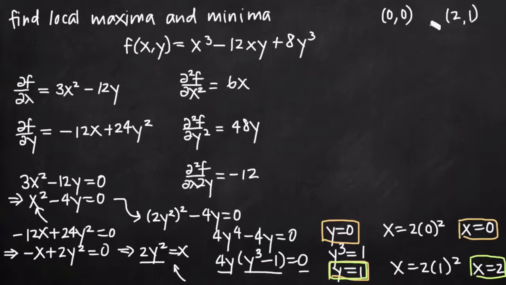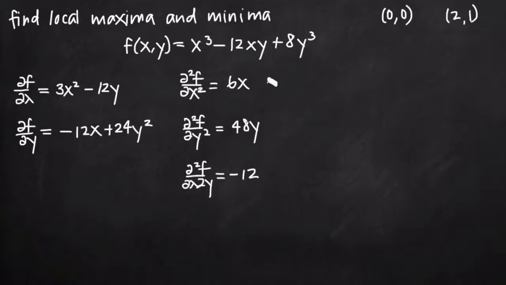In order to use the second derivative test to evaluate these critical points to see whether or not either of them is a local max or a local min, I need to plug these points into my second order partial derivatives. So here's what that looks like. When I evaluate this second order partial derivative at the point 0, 0, I'm going to plug 0 in for x here and get 6 times 0, or just 0, so my value is 0. When I evaluate it at the point 2, 1, I plug in 2 for x and get 6 times 2